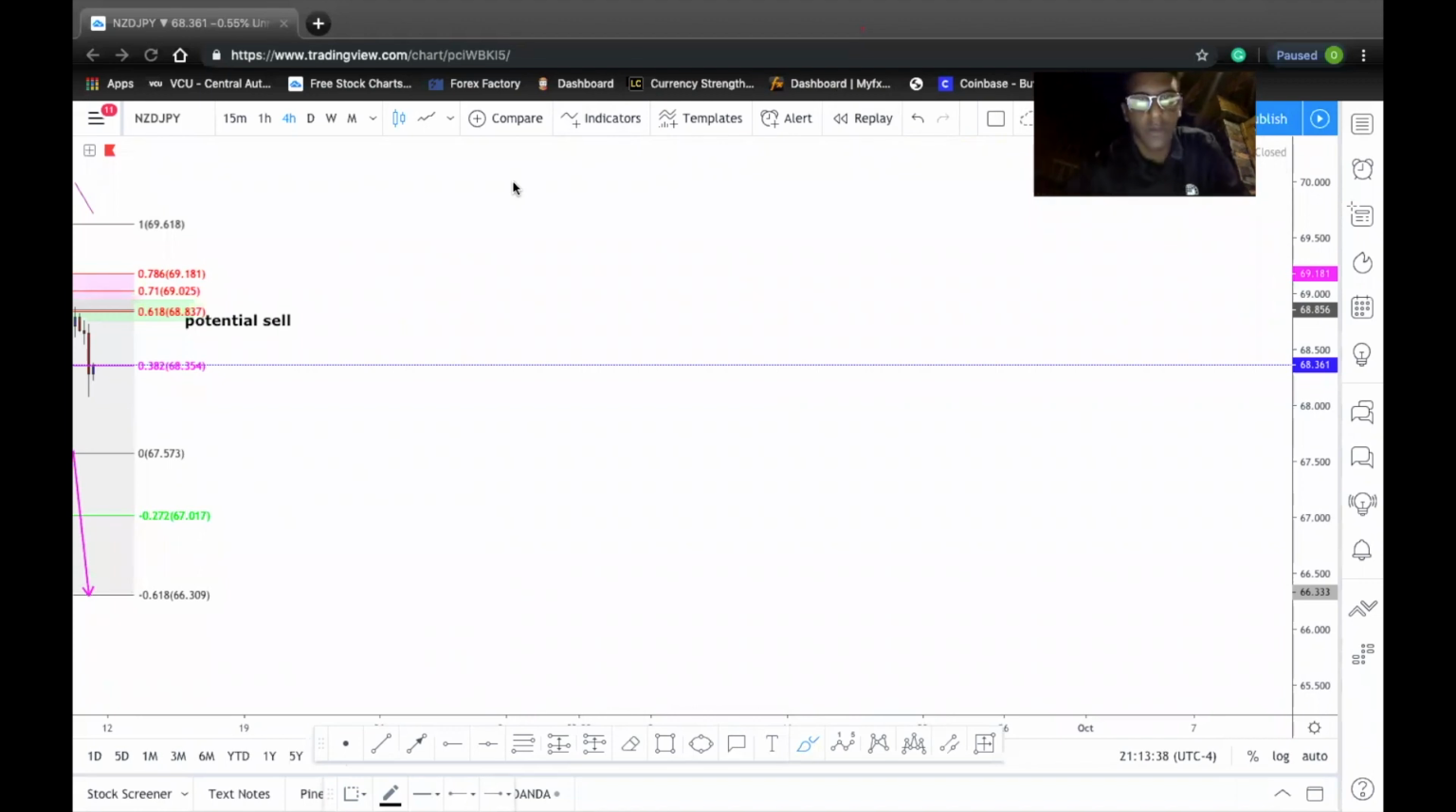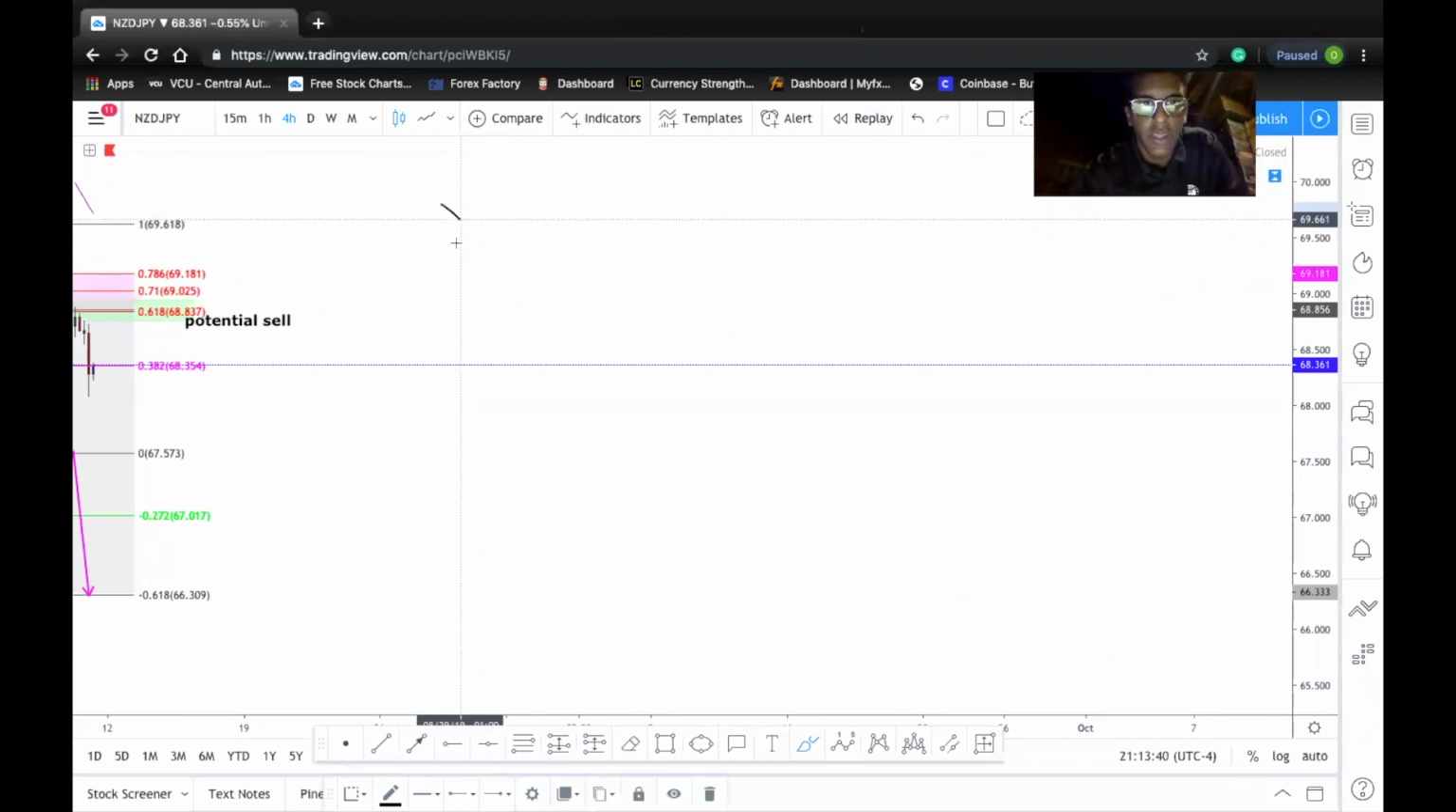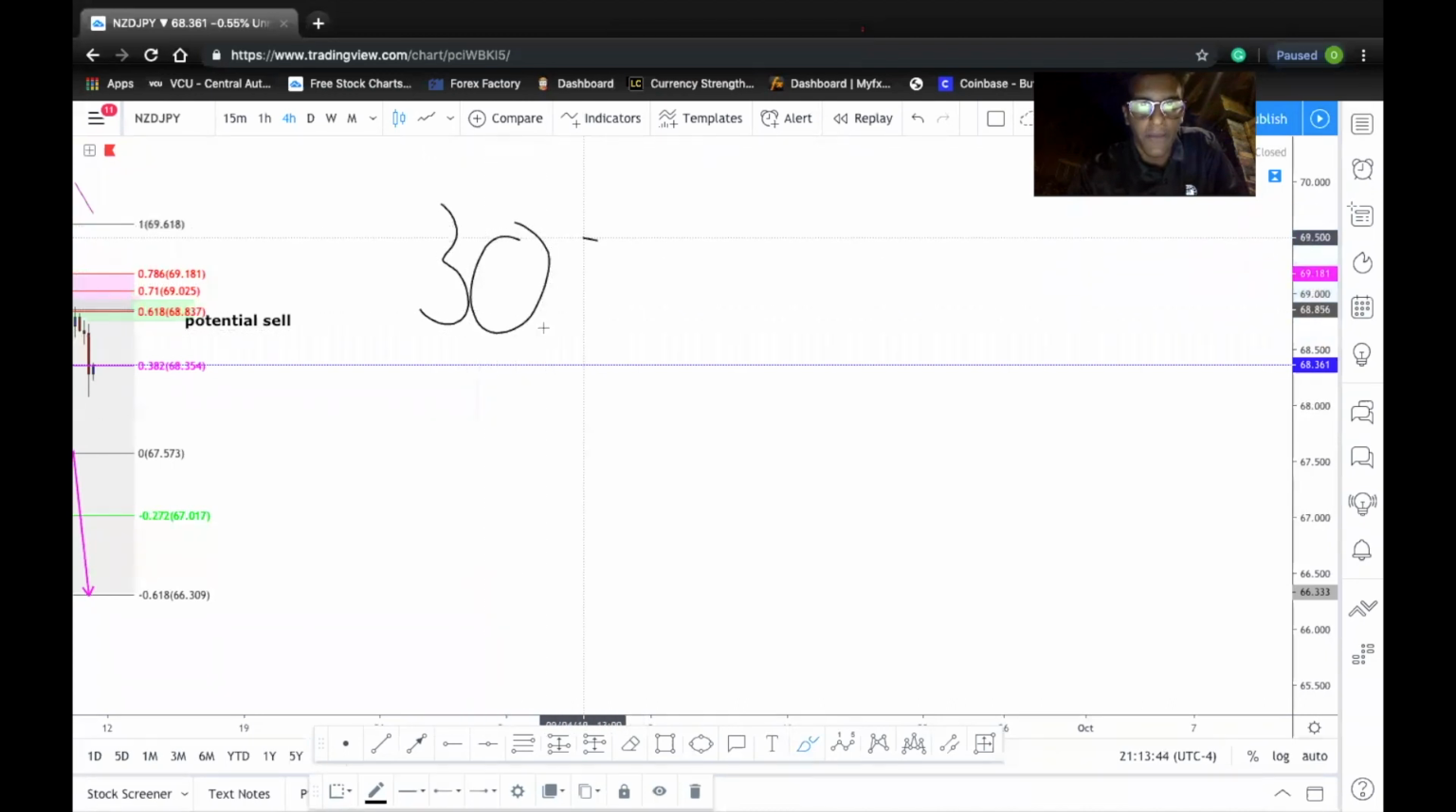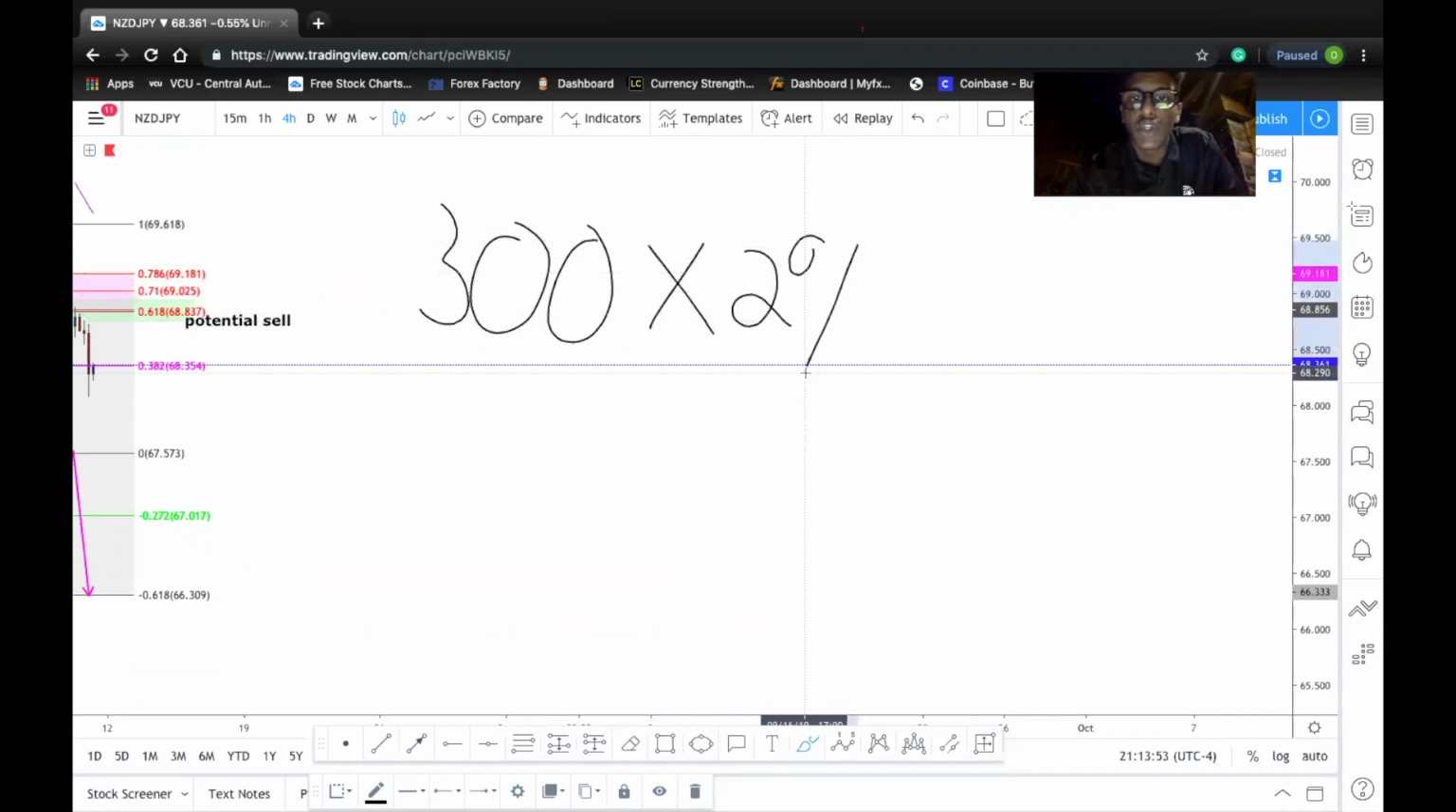Awesome, so we're going to do an example with a $300 account. For a $300 account, you are risking 2%. That means you could only be risking $6 for every